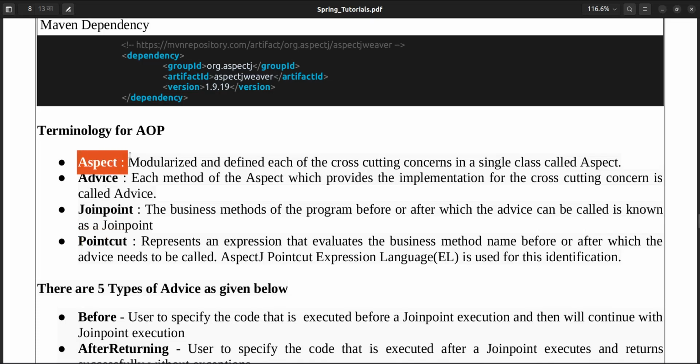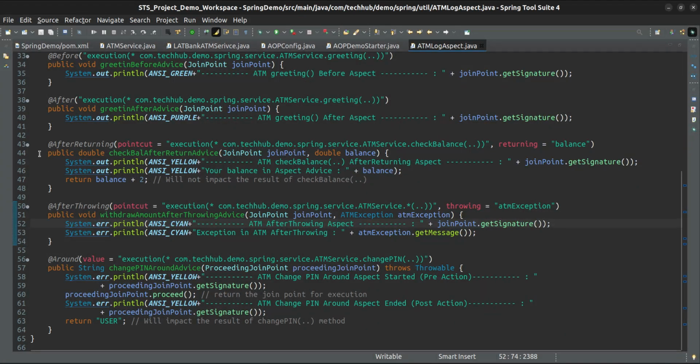So what is aspect? Aspect is nothing but the class that will define the cross-cutting concerns, and advice is the method. Advice are the methods that will provide the implementation for cross-cutting concern. Join point will be the business method of a program before or after which advice can be called. So this is our join point, and these are the point cut. At what point it should cut, at what method it should cut, like that. Okay,